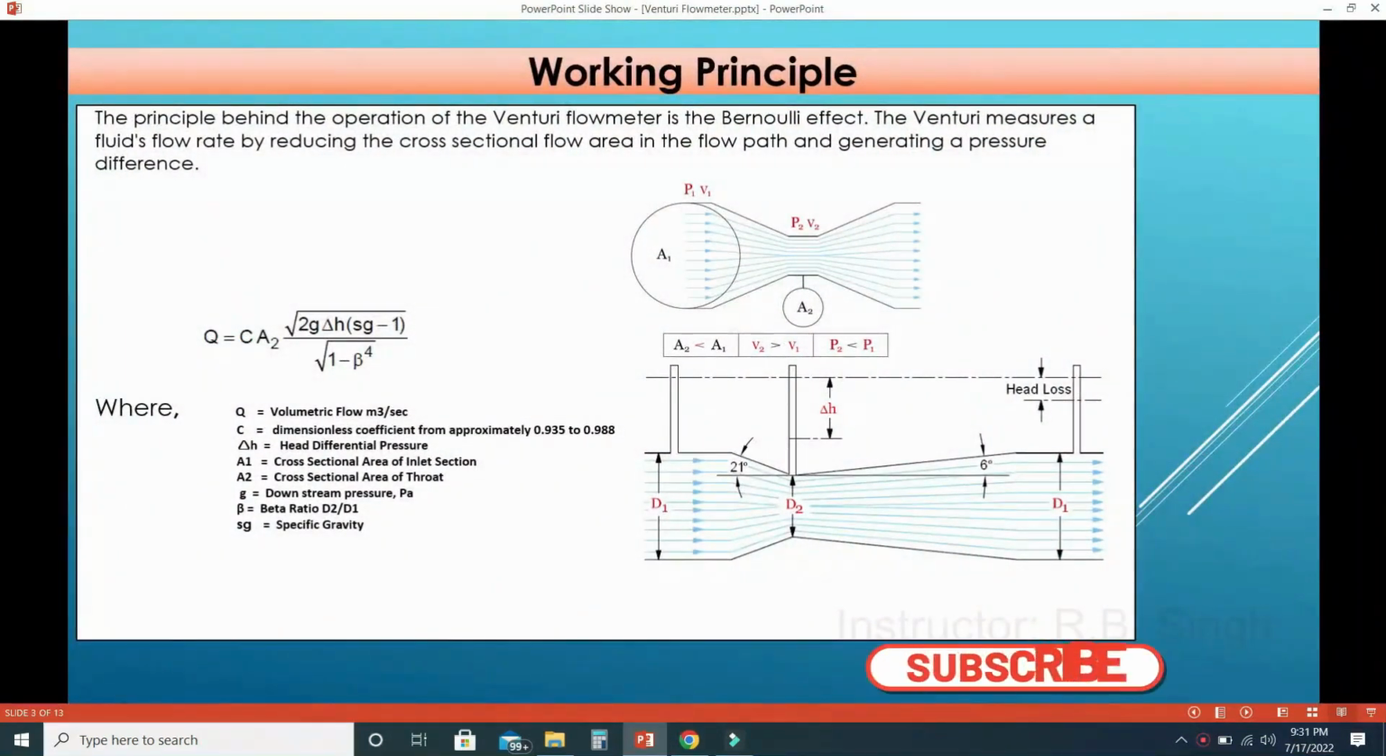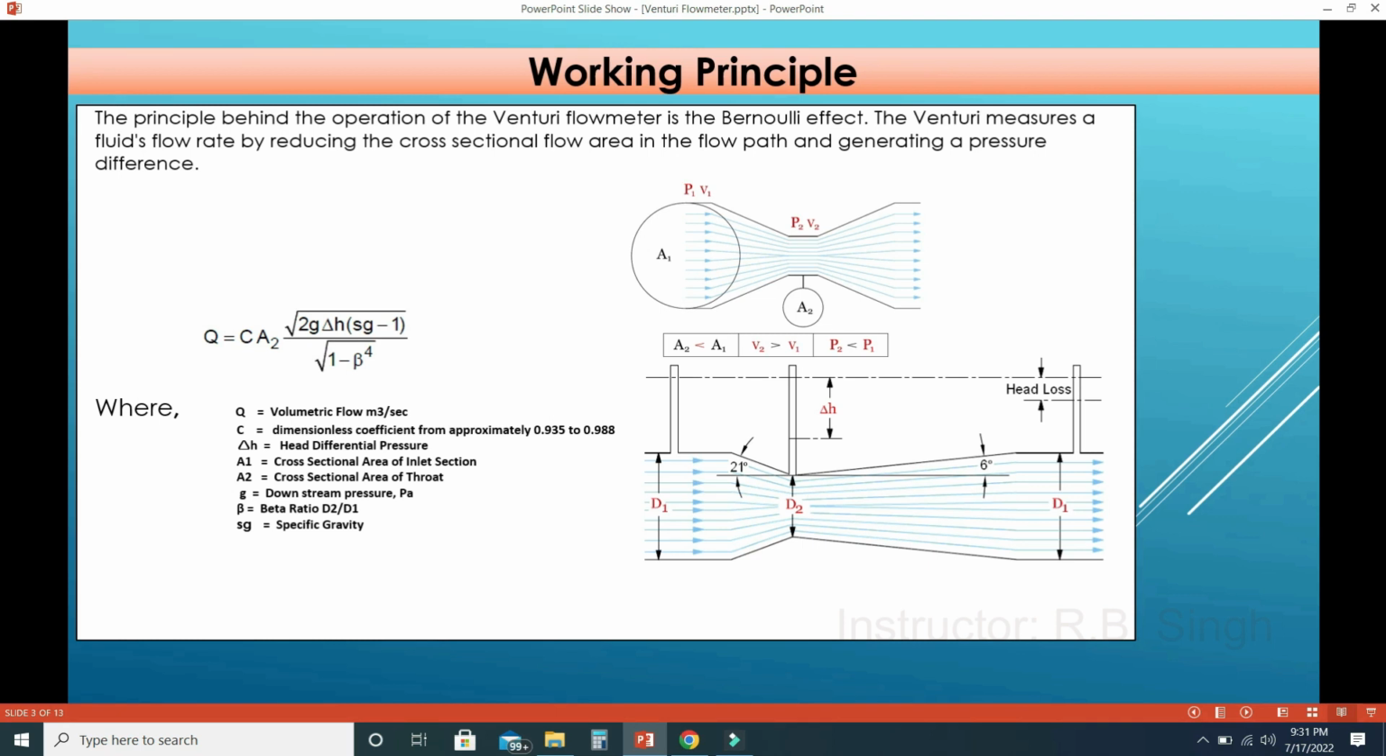Working principle of venturimeter. The working principle of venturimeter is same as orifice meter because venturimeter is also called DP type measuring instruments. So basically it measures the differential pressure which can be converted into flow. The principle behind the operation of venturimeter is Bernoulli effect. The Venturi measures a fluid's flow rate by reducing the cross-sectional flow area in flow path and generating a pressure